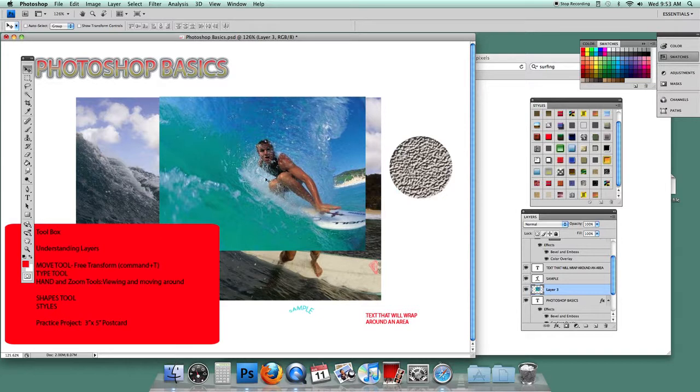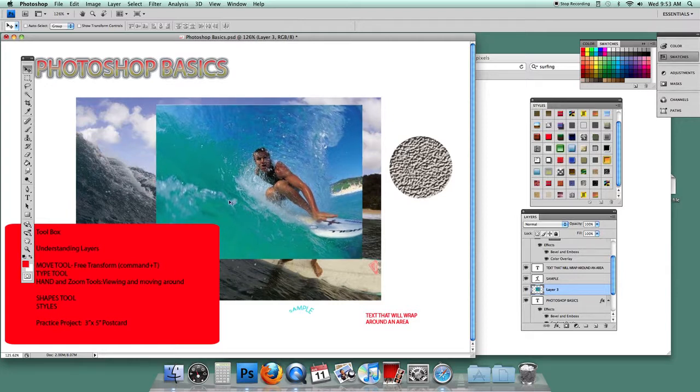If you can add text, pictures, and shapes, you have a pretty good chance of making a pretty cool little postcard project. So, don't forget about the things we talked about before. The free transform tool and the move tool and creating text. You can do some pretty cool stuff. So when you start this project, what I want you guys to do is go to File, New,